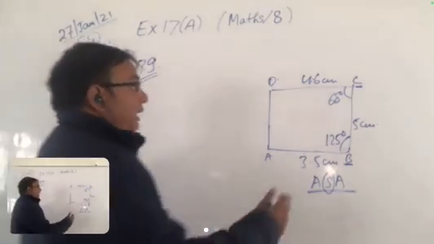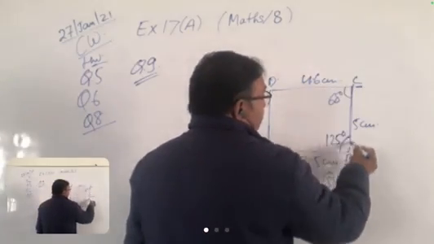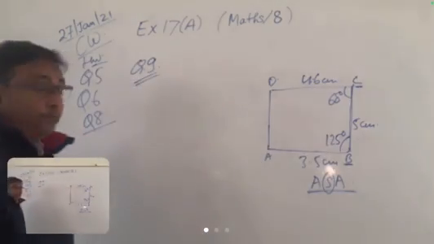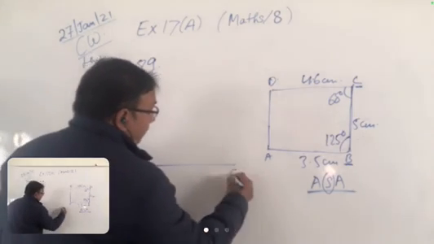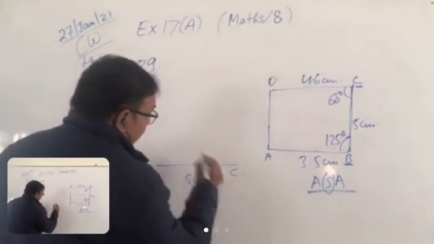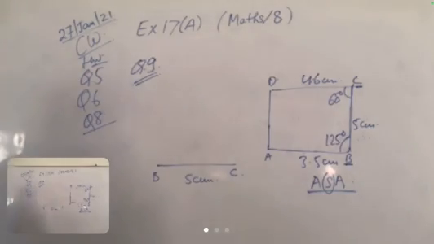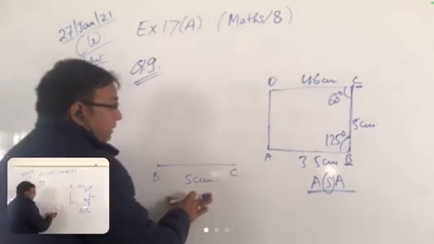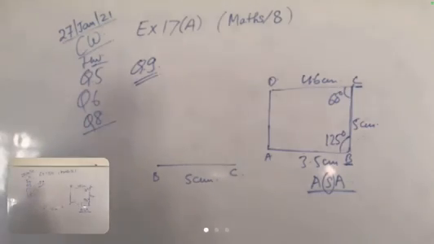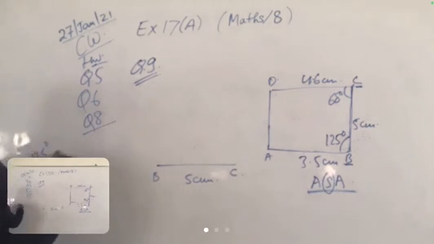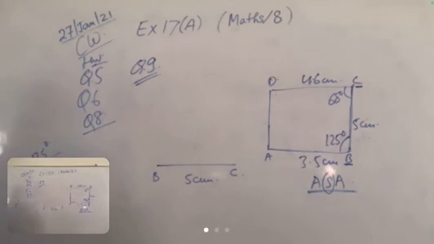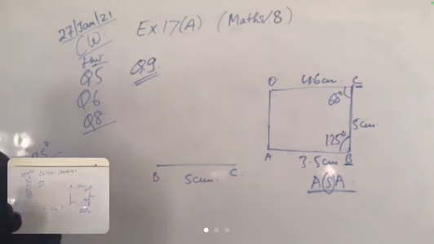And now we know that this angle is based on BC, side BC. So first we have to draw BC, which is equal to 5 centimeter. Clear? Everyone must draw a line segment BC which is equal to 5 centimeter. And is 125 possible with compass? Sorry, no, it is not possible. 150 and 120.